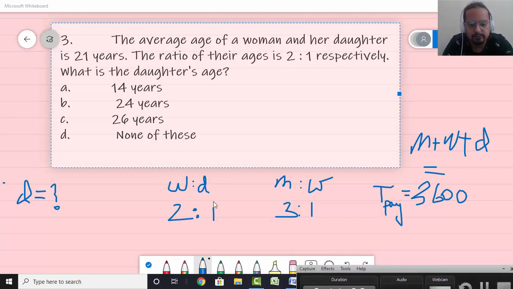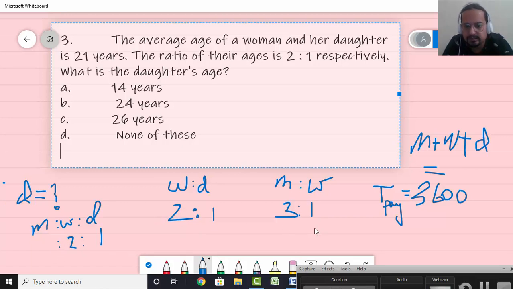They work for the same time that is given. So in such a case, what we do is we take the ratio of man, women, and daughter together. And how do we do that? Let's see that. So who is the slowest here? The daughter is the slowest. Let me take daughter as 1. So I start with the slowest. That is the key. So women becomes how much? 2.